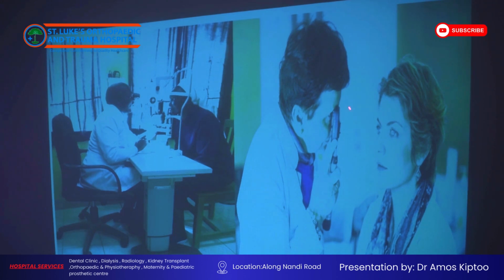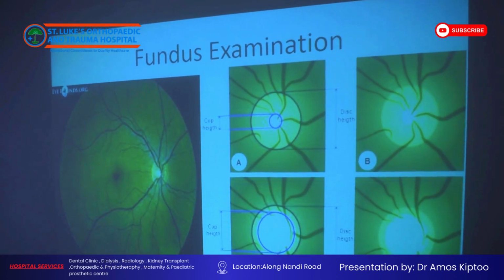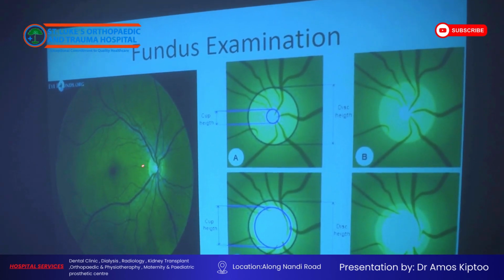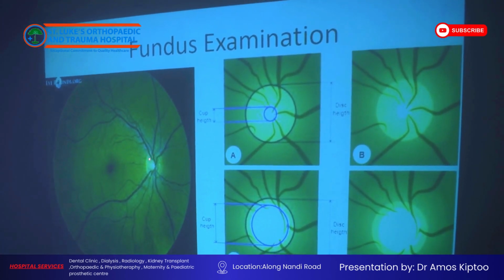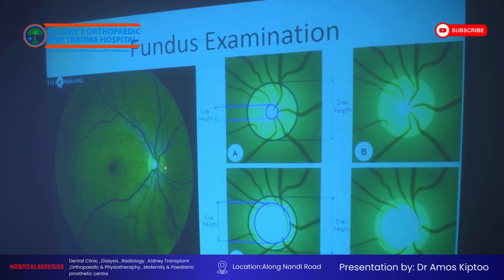One, for a normal nerve, you can see this is the optic nerve. And this is the disc, and this is the cup. So we examine the cup disc ratio. If the ratio of the cup with regards to the disc is higher, then we suspect glaucoma. For instance, look here. This is the cup, and from this point to that point is the disc. So we check how many times the cup fills the disc during that slit lamp exam. And in glaucoma,